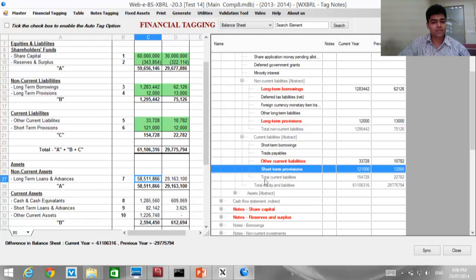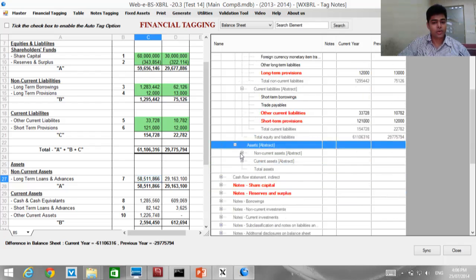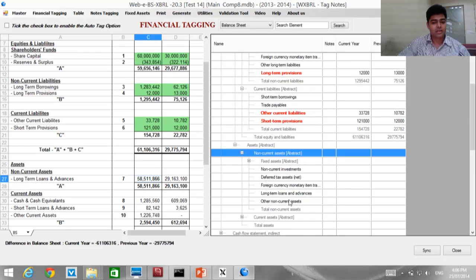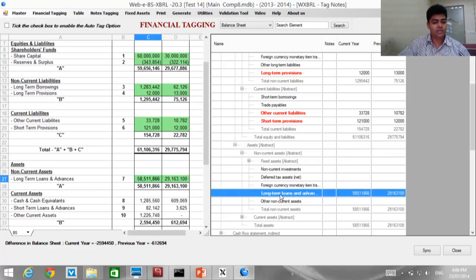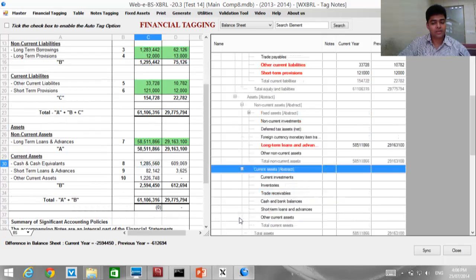Non-current assets. In non-current assets is given long-term loans and advances. So open the assets, open the non-current assets. You will find the element name, long-term loans and advances. Tag the same. For current assets, do the same activity and see at the bottom of the screen, you will see one message appearing, difference